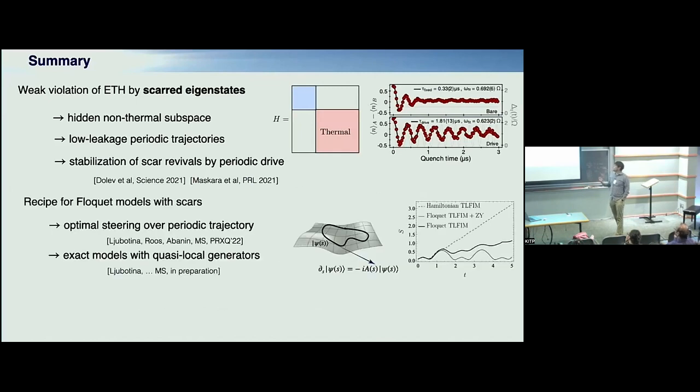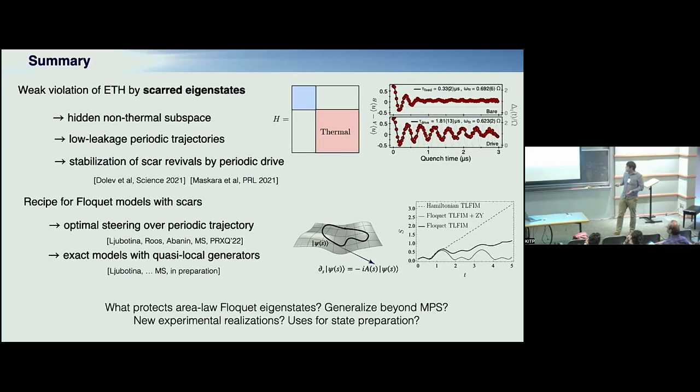And then I tried to argue that if we relax and solve our optimal control problem, we can get a Floquet system with Floquet scars for pretty much any entangled trajectory you like. Of course, the devil is in the details. It would be interesting to study how ugly or how good this driving operator is. I saw that the Ising model already gives you something reasonable, I showed you, right? But again, the question is how this operator behaves. And of course, there are many open questions.